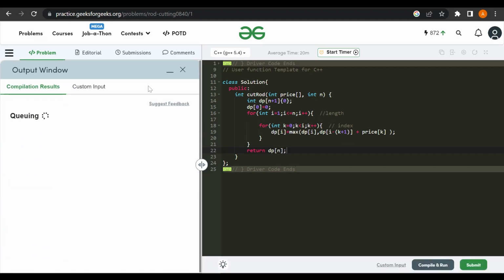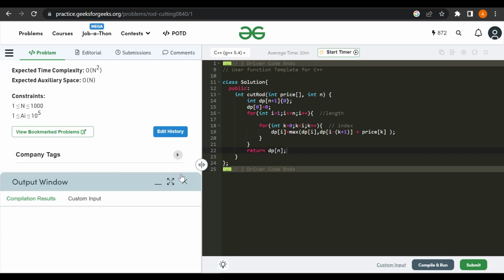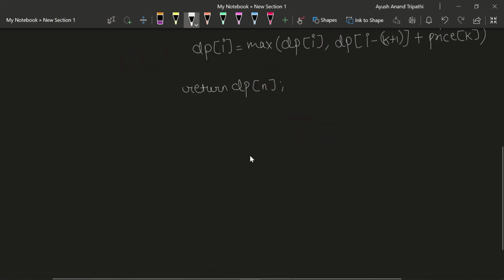Now let's just try to submit this. Okay, compiled successfully. Okay, accepted. And what about the time complexity? So the time complexity is quadratic, that is n square, and the space complexity is linear,